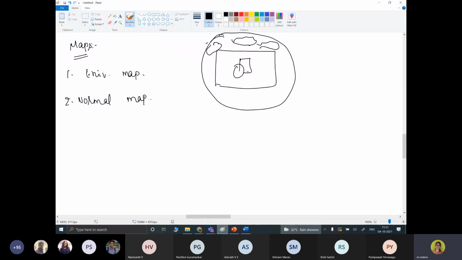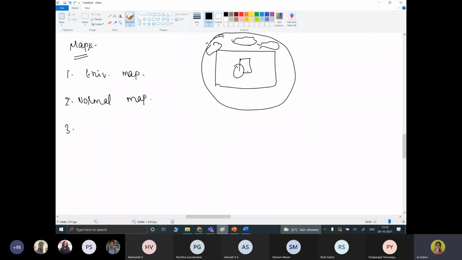We have a 3D color, RGB color model available. From the RGB information, we are trying to generate 3D objects. The RGB information corresponds to the X, Y, Z plane, the 3D plane information. We are correlating that RGB information into an X, Y, Z 3D plane, which produces a normal map.